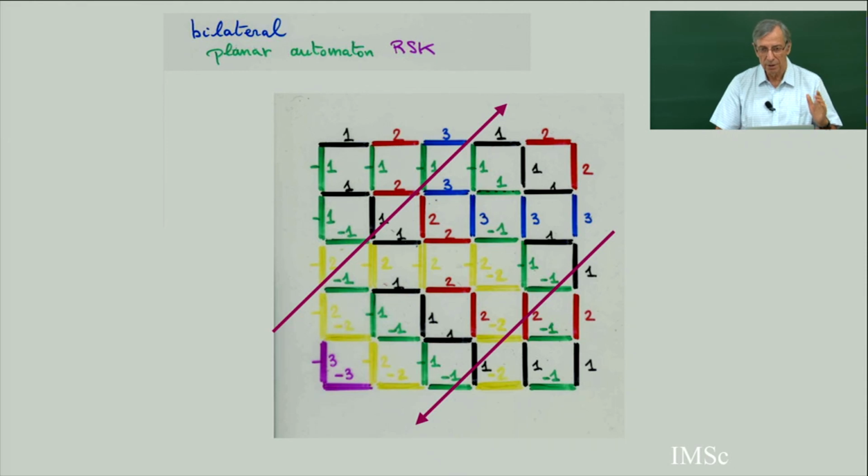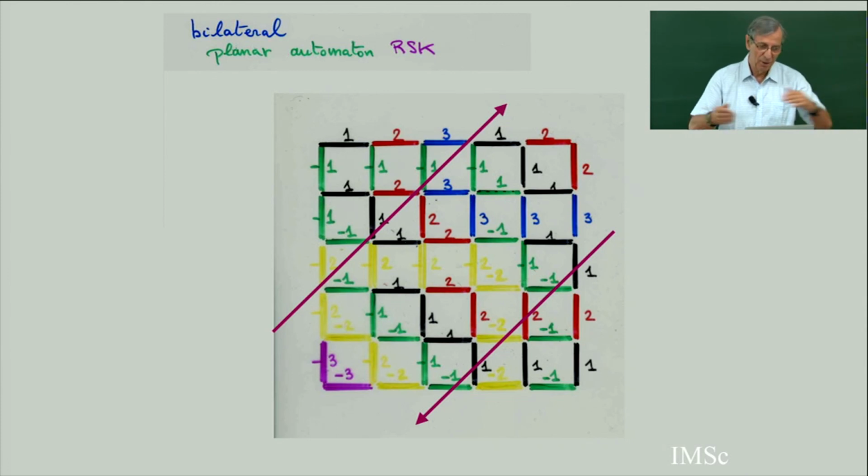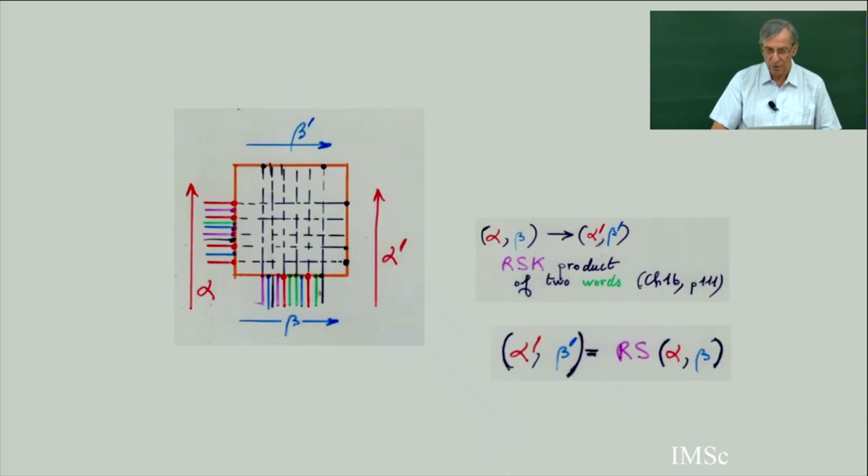And the RSK product, I can go in one direction or go back to the other direction. I work with all the integers Z except the 0. Or you can work with any totally ordered poset, and you replace I with I plus 1, or going back the reverse way. So this is the picture.